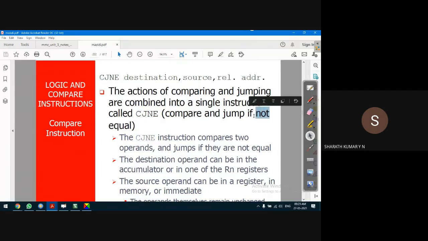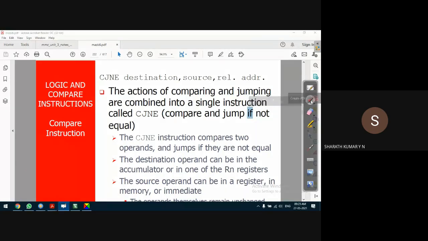Usually I don't use the word if. It compares and takes a jump to the target location only if two locations are not equal. What are the two locations? They are the source and destination. If they are not equal, then take a jump to the target address, which is represented by the label. The label is part of the instruction. Very simple.